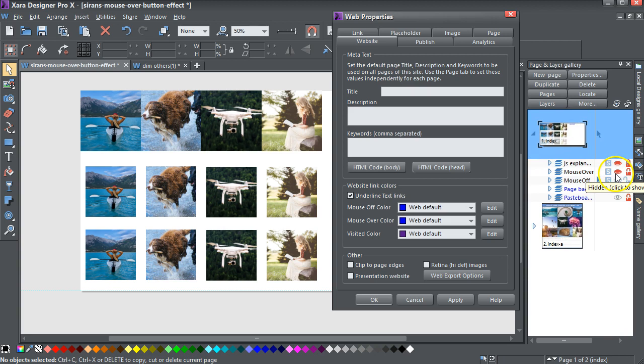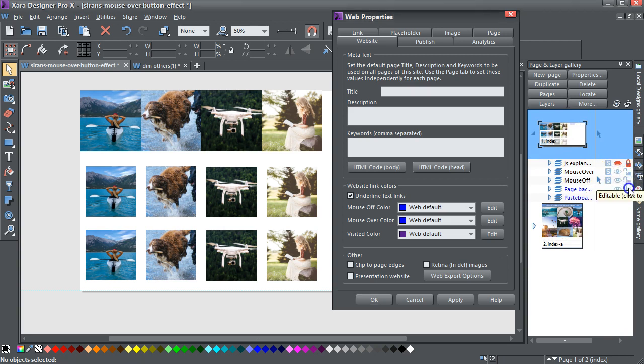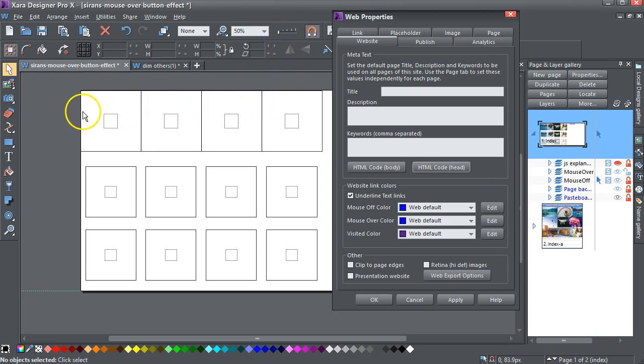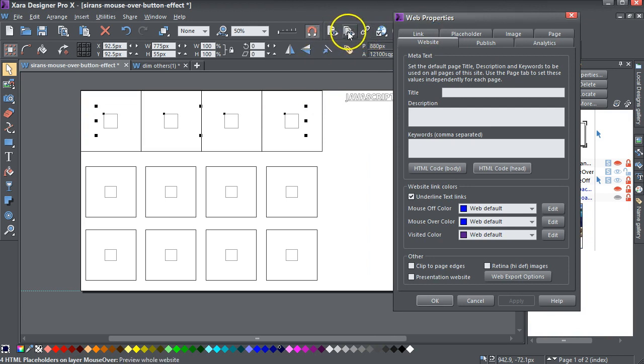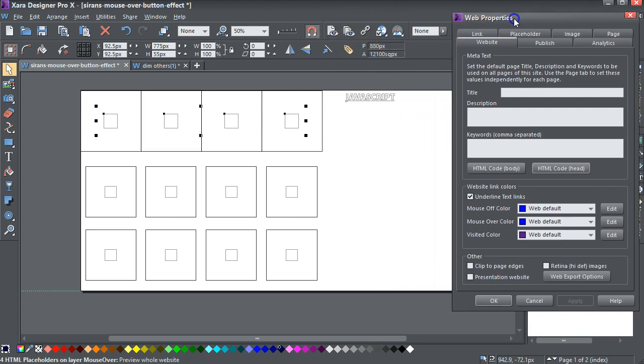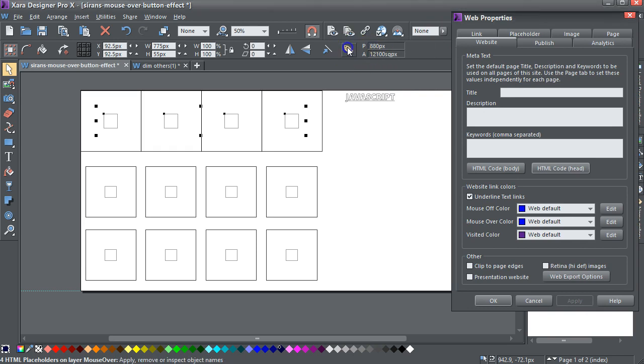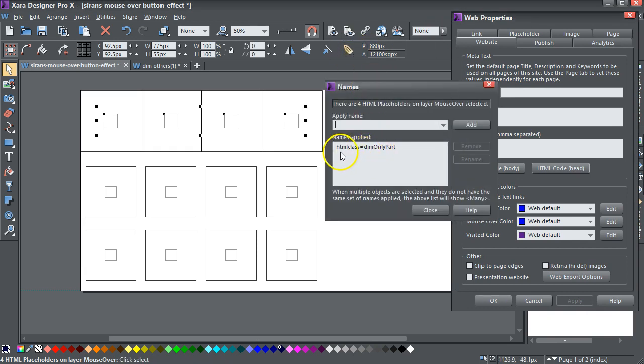What we also need to do is go into the mouse over layer, go down into Wireframe, and if I select these, look at the names, I've just copied them across from the other one again. HTML class dim only part. HTML class dim only part. Close that,